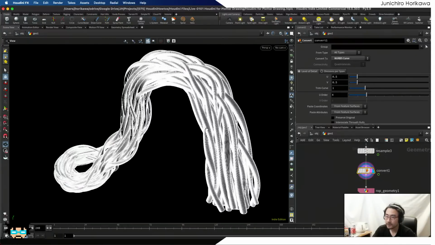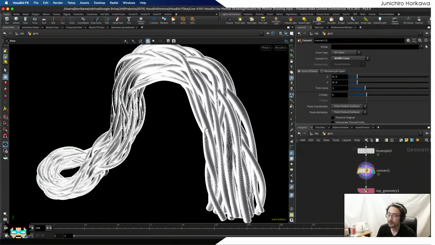So I'm going to show you the generic process of how you could convert 3D geometry to a 2D drawing graphic, then export it to send to pen plotter machines, and how I did it for the actual exhibitions. Okay,